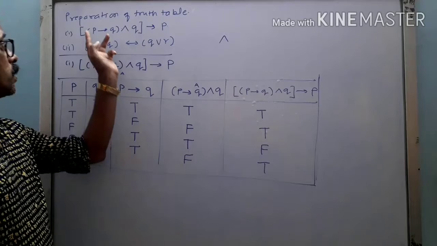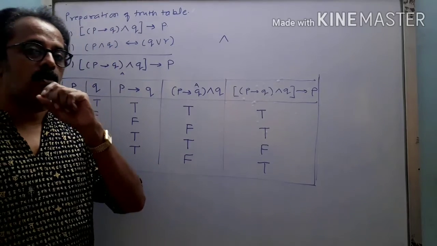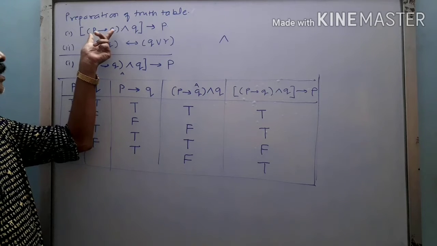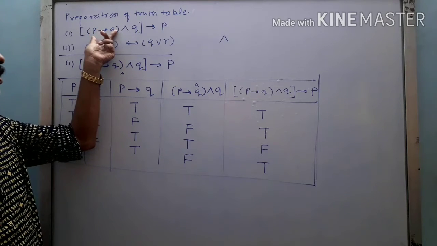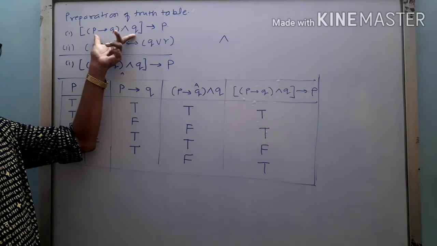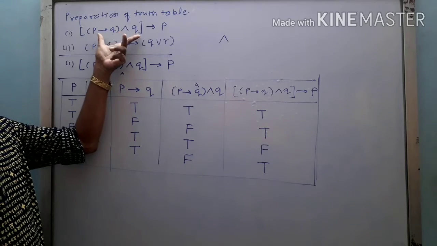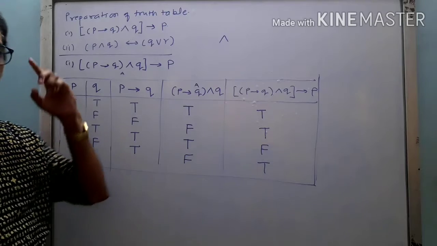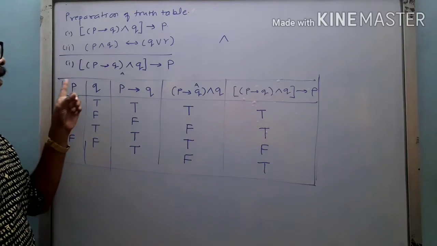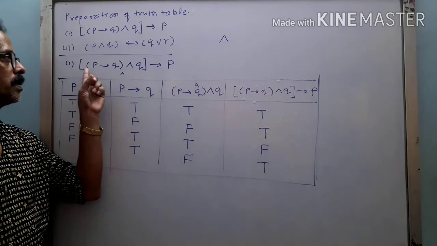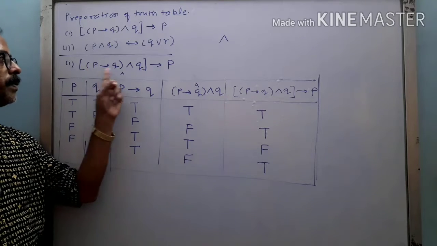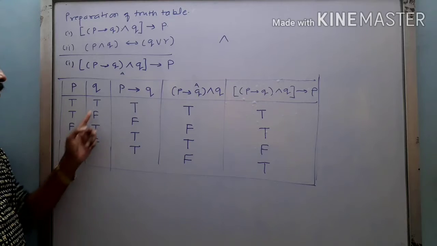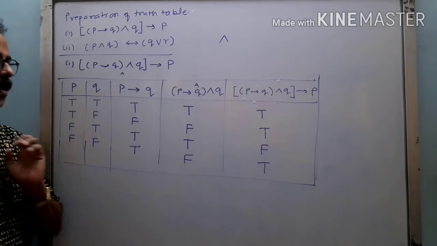Now again we'll see how we started writing. Just see the bracket. If you remember from the board math, first I will take care of this small bracket. Then inside that, the square bracket, complete the square bracket, and then the remaining part. This is the way to understand it. So again, how many logical statements are there? Only two, P and Q. So what we have done: P and Q, true, true, false, false, true, false, true, false. This is how we generally write it.